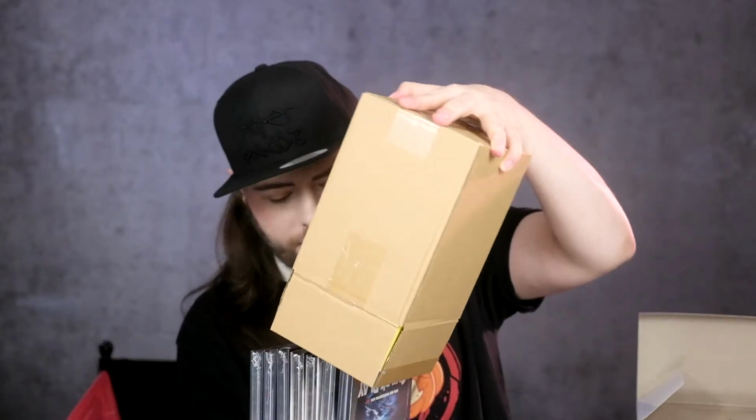Now let's get to this one here, which is super heavy. There is a second collector's box because they made two different covers for every movie, right? Except for the first movie. But this now here is the...